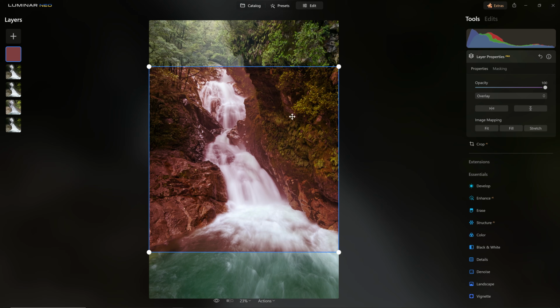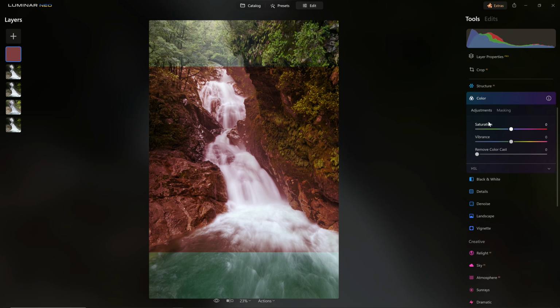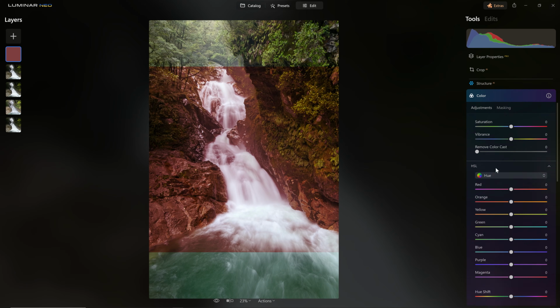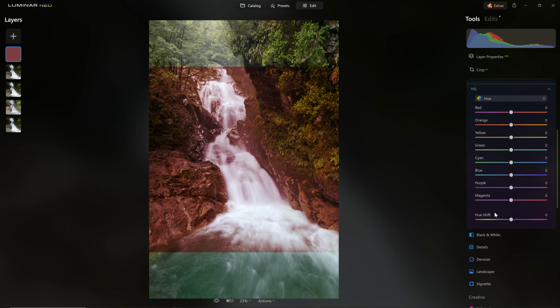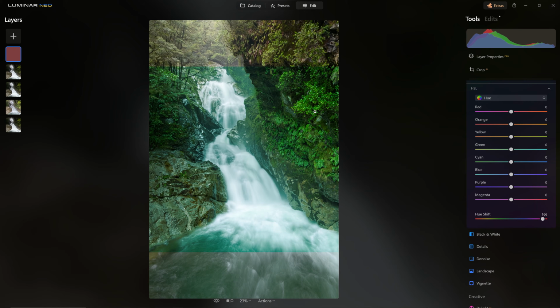No, not at all. What we're going to do is actually use Luminar Neo to control this color, to change it. So I'm going to open up the color dialog box here and come down to the HSL section. We can control individual colors, and we do have a red color, so we can control that. However, a much more useful way to deal with this is to come down to the hue shift. That's actually going to allow us to change the whole color itself, so we can take this in a completely different direction. Now, if we push the color more towards a green, you can see how it's really intensifying the